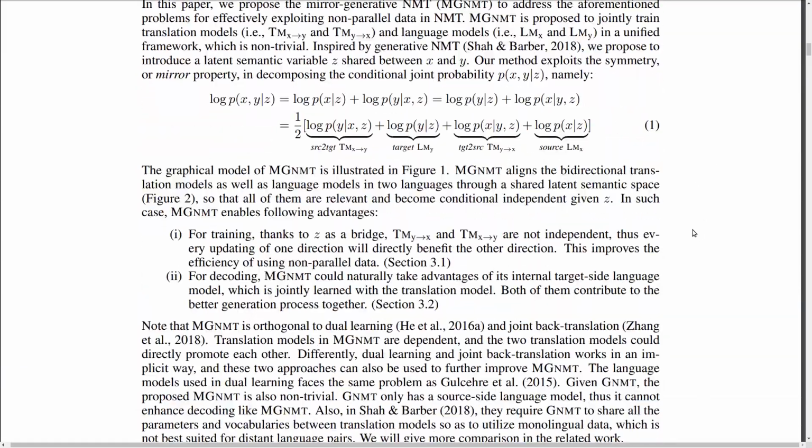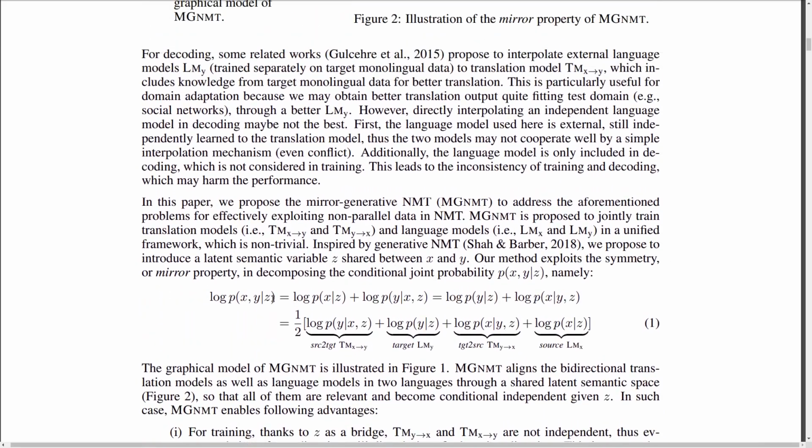And the approach of the authors in this paper is they don't model the probability distribution I was talking about in the original neural machine translation, but they try to model a joint probability of the source sentence and the target sentence, given some latent variable z, and they decompose this probability into the following components. You have a source to target model, which models the probability of y, or the English sentence, given the German sentence, as shown here.